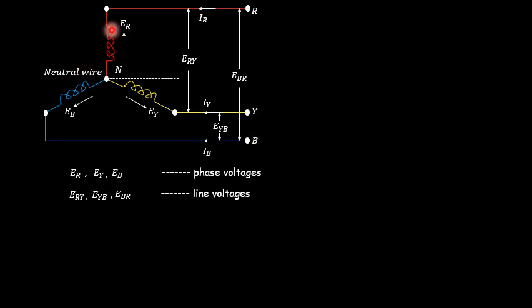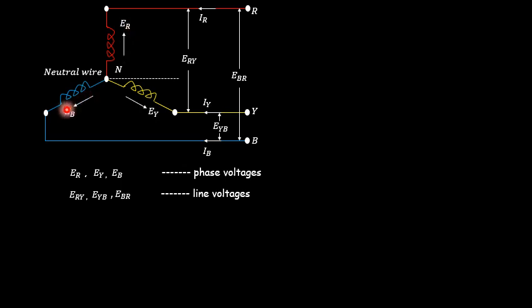So each individual phase, the red, yellow as well as blue color representation over here, has one end connected to the line wire. It may be R for the red color, Y for yellow color, B for blue color. The other end of all of these will be connected to a common point, which we call the neutral point. So if I want to represent it in terms of ER, EY and EB,